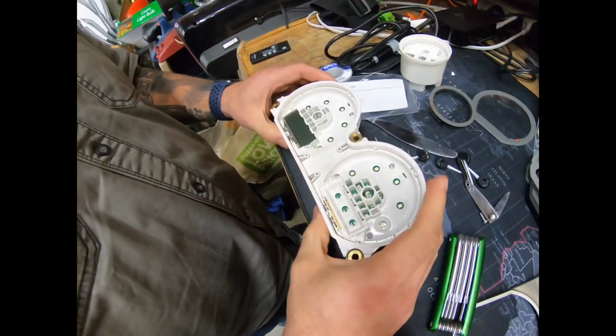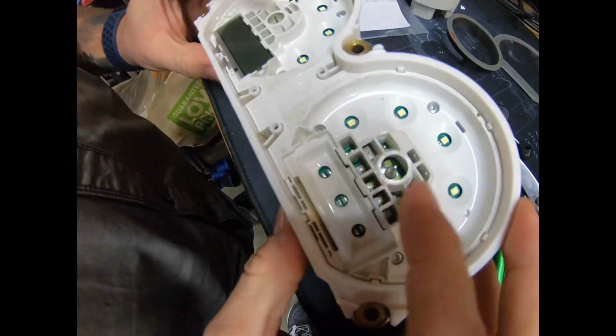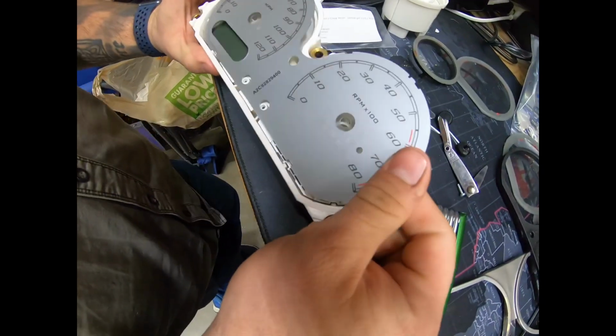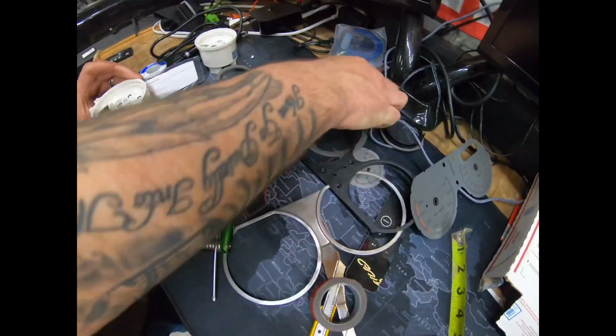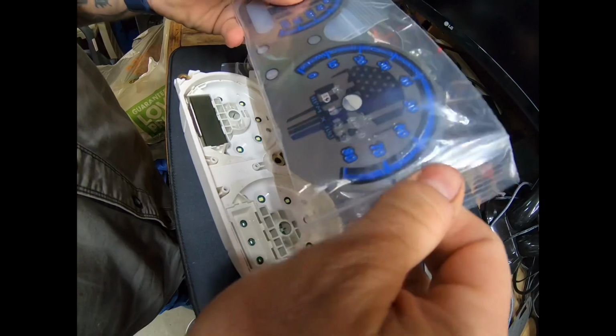All right, so we got our back plate back in with the circuit board. Now you could go back and put your original faceplate back on, or you can do what I did. I had custom faceplates made by